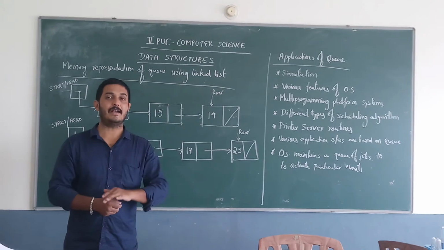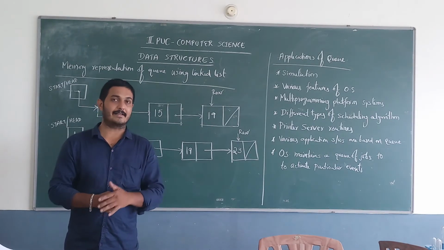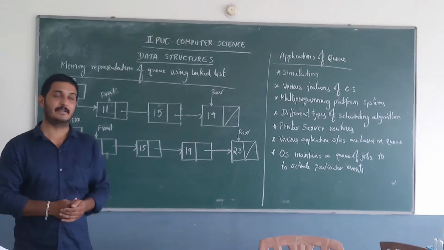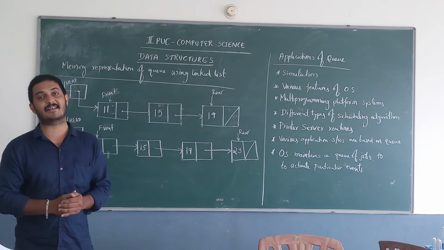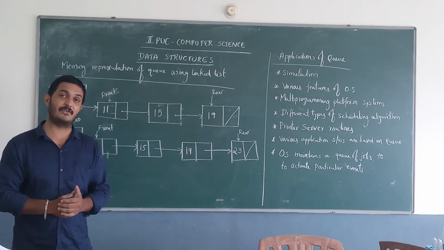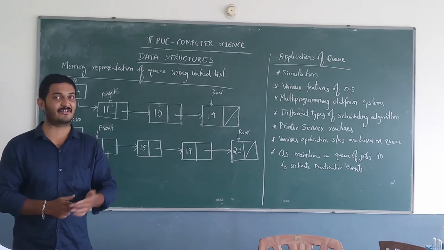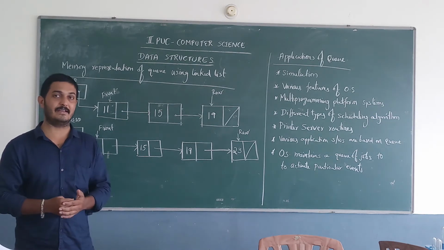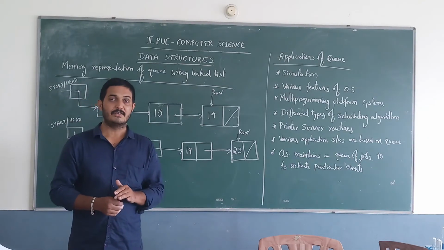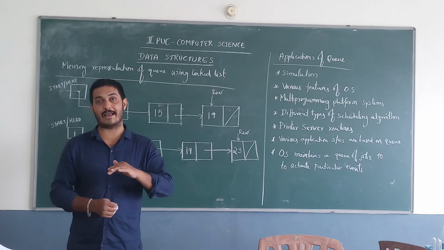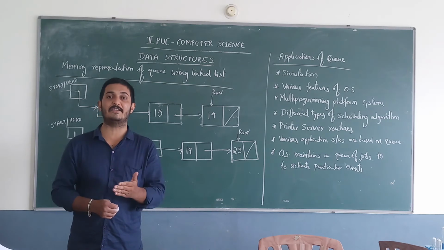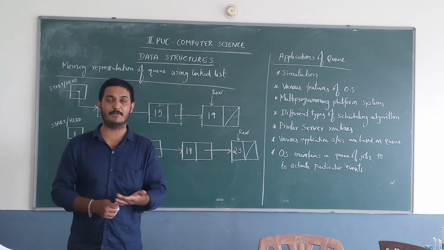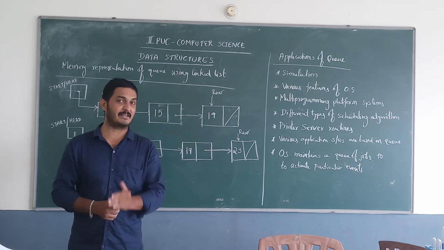See, linked list and arrays. In any data structure, we can use one of these two structures: arrays or linked list. If you are using arrays, it is called memory representation using static representation or static structure. Static means the number of elements that we use in our program is fixed. Before execution of a program, we need to specify the total number of elements that we are using, and that should be specified by the user. So that is static representation.